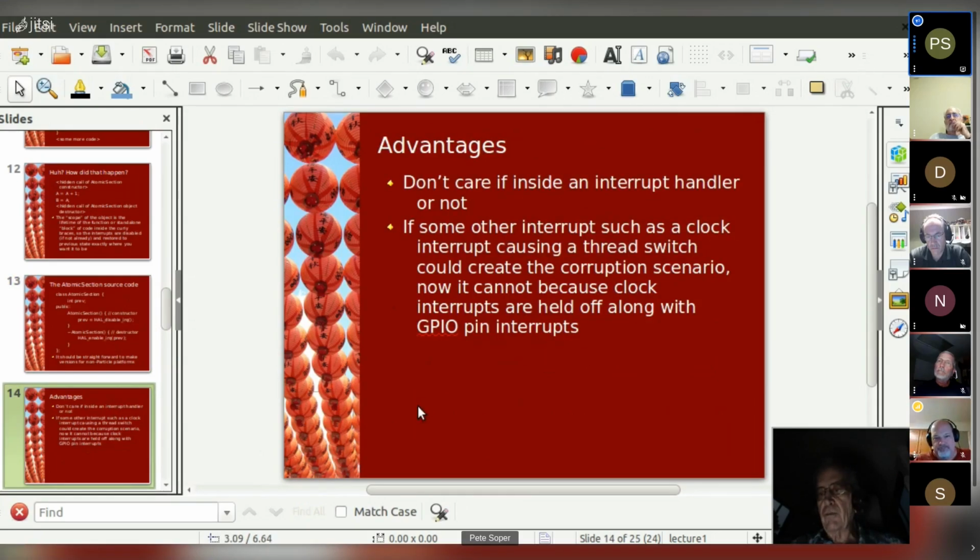So the advantages are you don't care if you're inside an interrupt handler, and especially on Particle, if there's another interrupt like a clock interrupt that might be driving the thread scheduler that would cause another thread to be scheduled that happens to run those two statements, you don't get screwed. So this was the motivation.